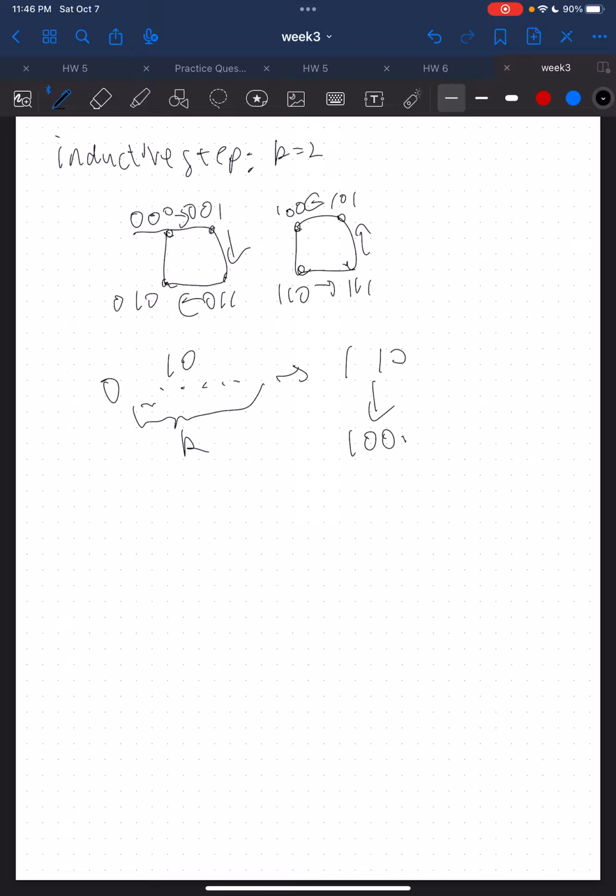A fun fact about Hamiltonian cycles is that you can start at any vertex and make a Hamiltonian cycle just because a hypercube is symmetric. It's the same from all directions. A square, it doesn't really matter what vertex you're on. All of them are connected to their corresponding vertices. So yeah, we're gonna make another Hamiltonian cycle, and we're gonna end at the vertex corresponding to the vertex we started on, and then we're gonna go back to the vertex we started on, 0 0 0. So we're gonna start at 0 0 0,